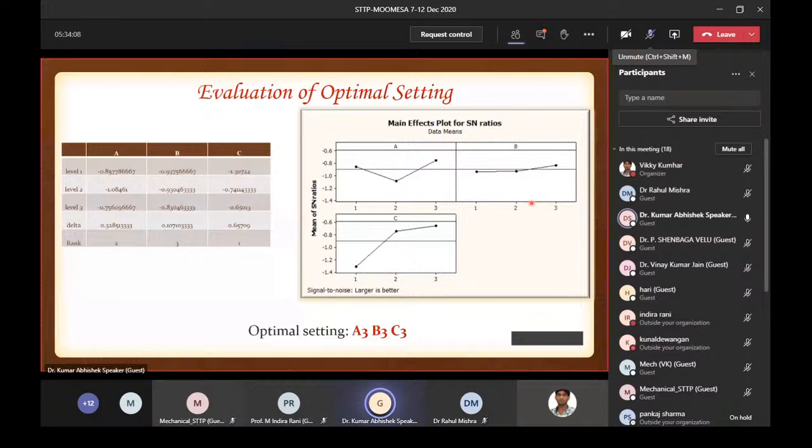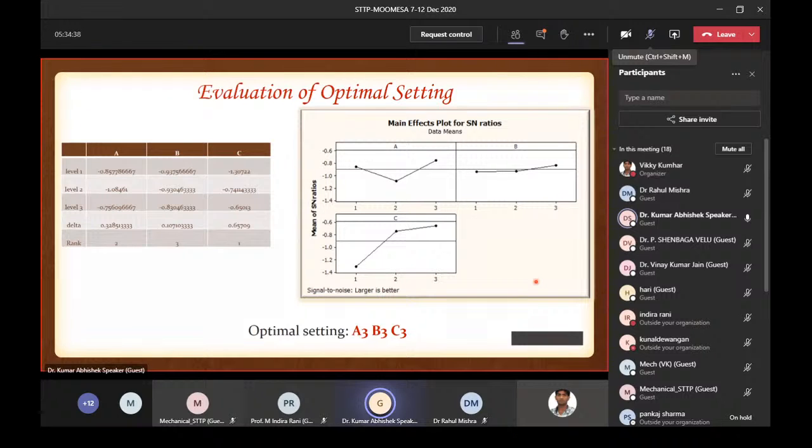अगर आप ये सोच रहे हैं कि स्मॉलर इज बेटर है तो मैं उस एसएन रेशियो की स्मॉलर वैल्यू को चूज करूंगा, ठीक है, तो वो मेरी ऑप्टिमल सेटिंग आ जाएगी। सपोज करो कि अगर मैं इसको देखूंगा तो मैं यहाँ पे A2, B1 और C1 इज माय द ऑप्टिमल सेटिंग, अगर आप ये बोलोगे तो ये गलत होगा। ये इसलिए गलत होगा क्योंकि ऑलरेडी आपने उसको कन्वर्ट कर दिया है सिग्नल टू नॉइज